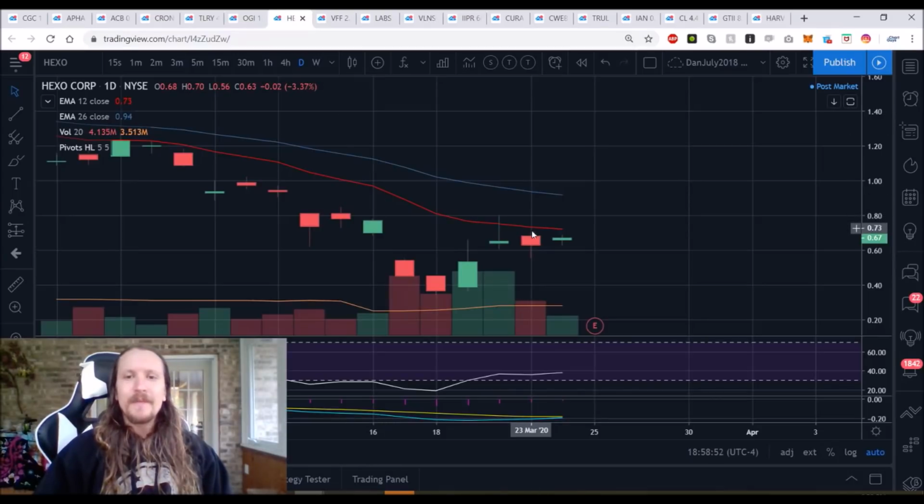Hexo, topping out a little bit. High of the bull move was 80 cents. And we had a little double top, 69 and 70. And if we keep pulling back, we're looking for a daily higher low compared to 35 cents. Remember that an hourly trend change back to the bulls is the first indication of a daily higher low being